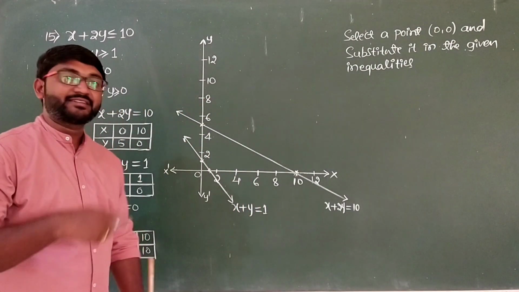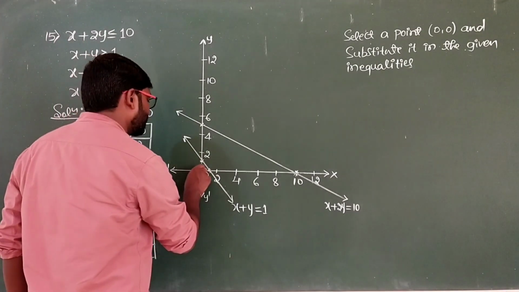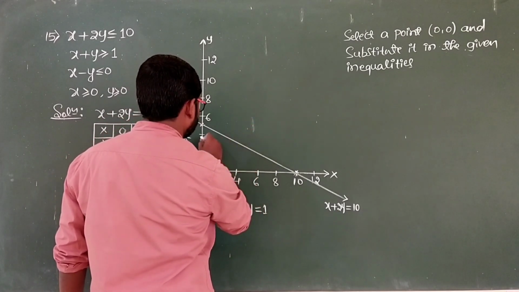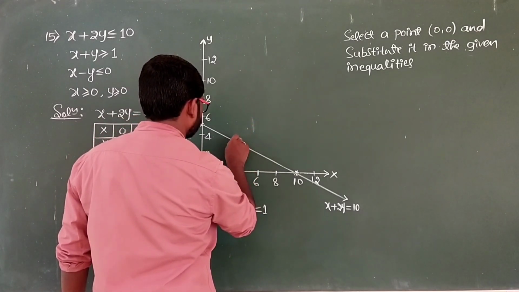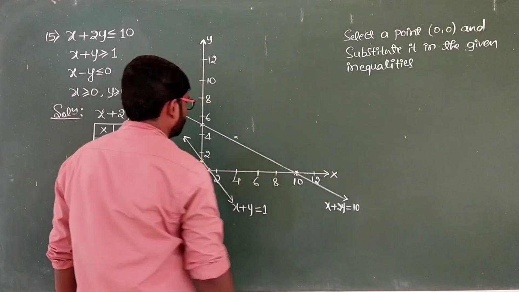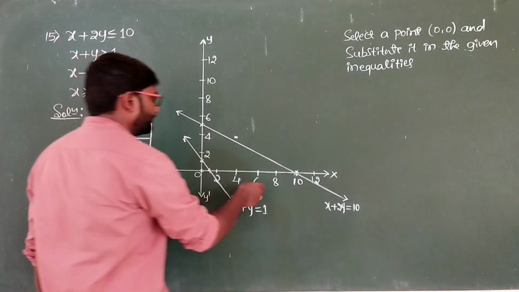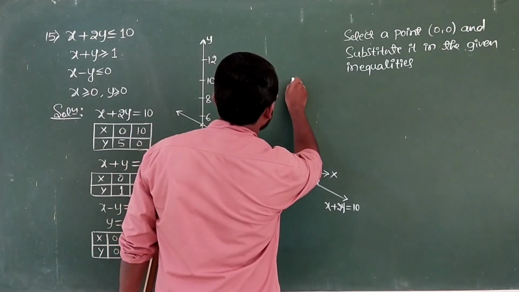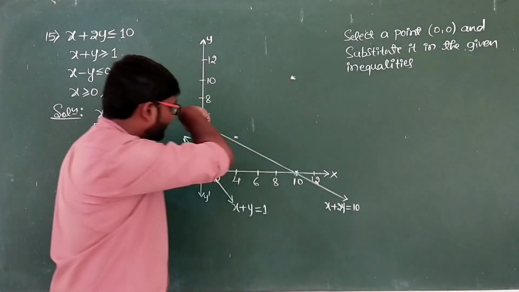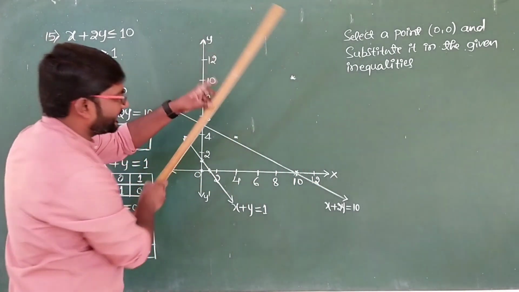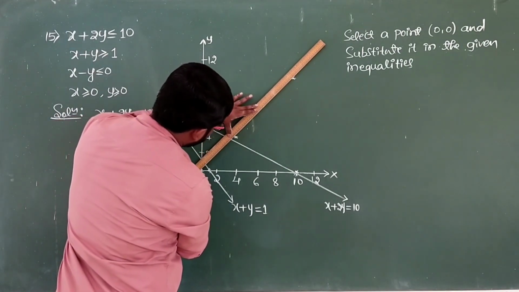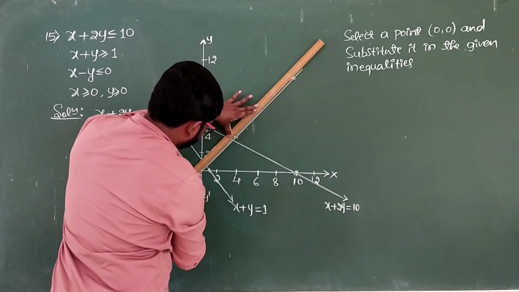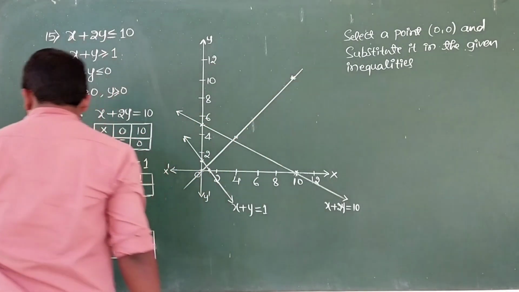And we have one more line which is passing through the origin. X 0, y 0 is this point. X 4, y is also 4, so somewhere here. And then x 10, y is also 10, so somewhere here. So now we have to join all these 3 points with the dark line. So join them. So this is a line which is passing through the origin.